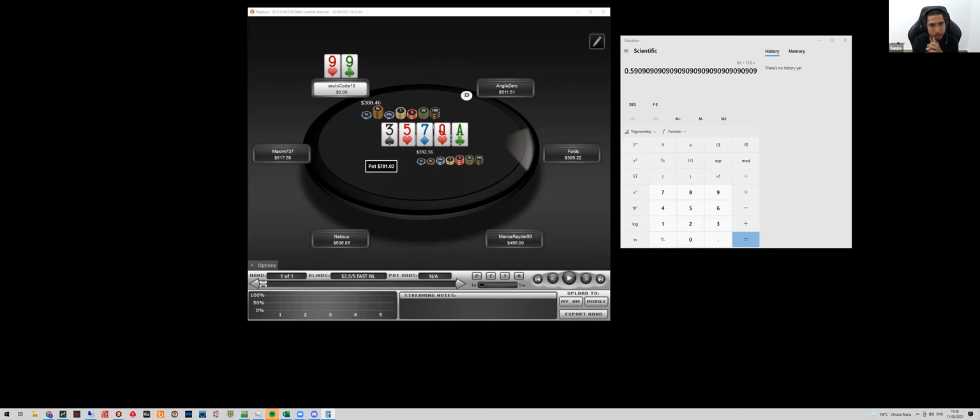And if I can assume that he overfolds that region relative to GTO, if he folds those jacks and tens more often than the GTO solution allows him to, therefore the EV of my bluff increases by a lot because I'm going to get extra folds from that region. Okay, but there's an extra piece of the puzzle that relates to the turn.